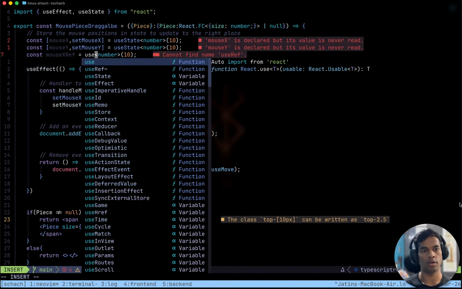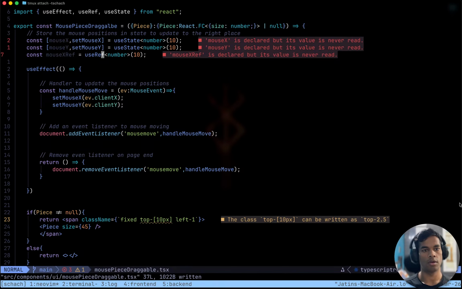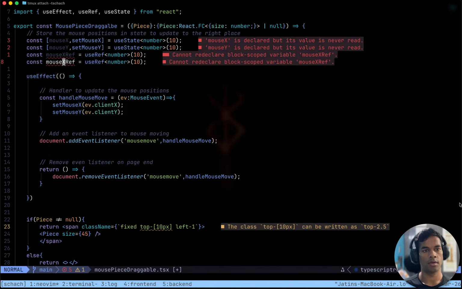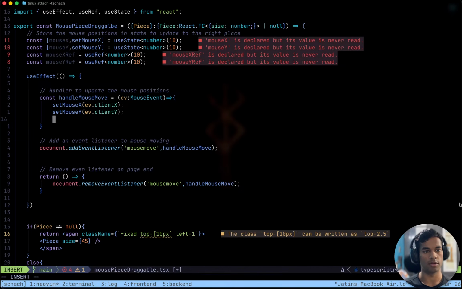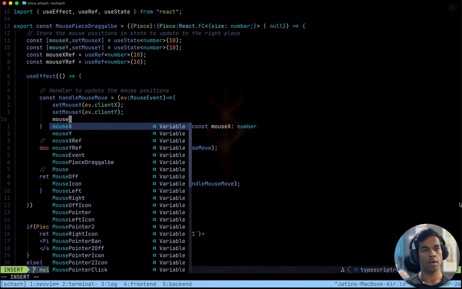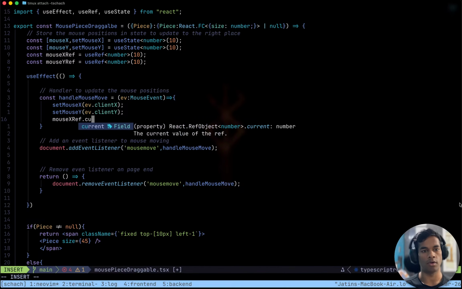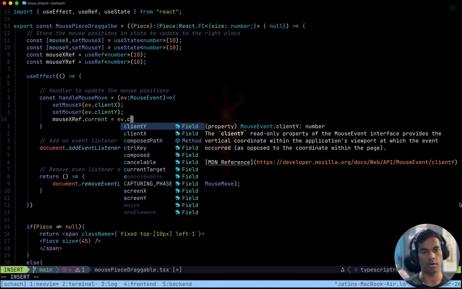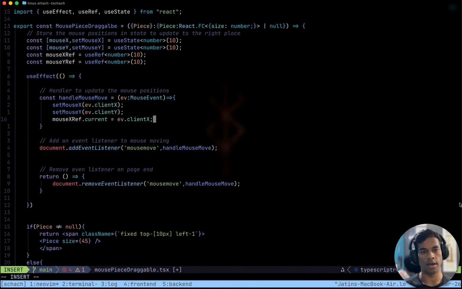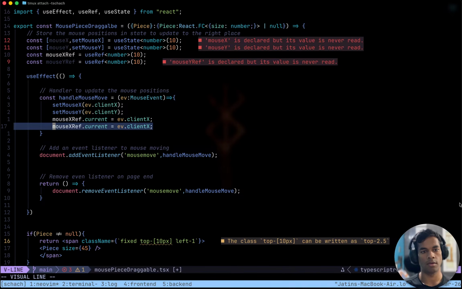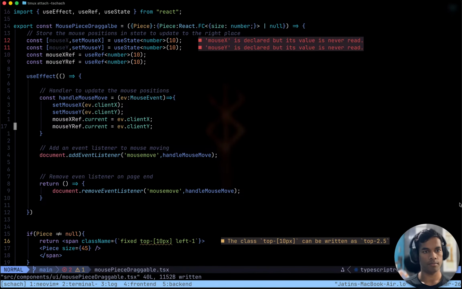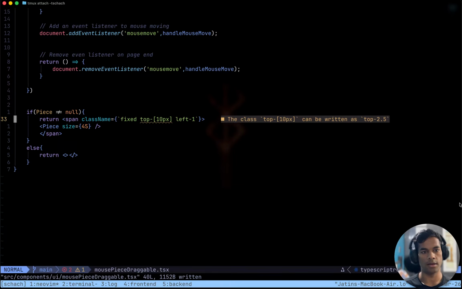Use ref is not there. Use ref imported. Cool, and after this mouse x ref dot current equals ev dot client x. Substitute capital X with y. Cool.